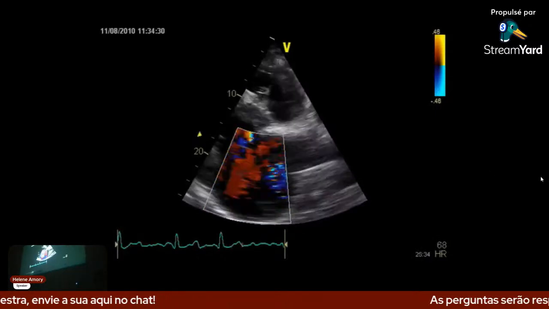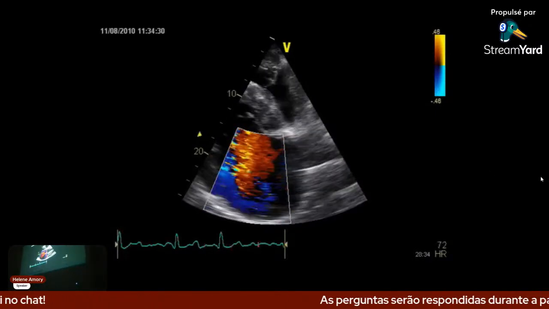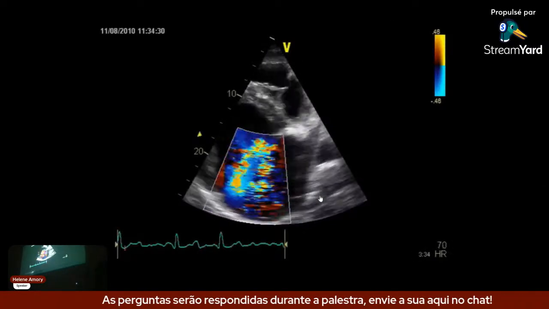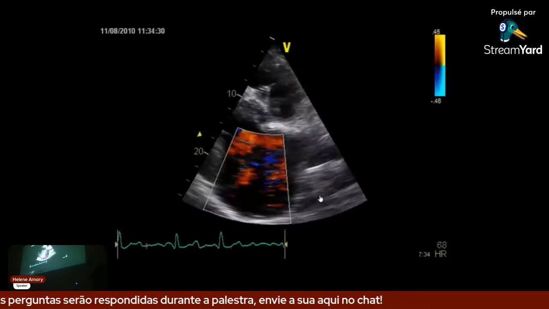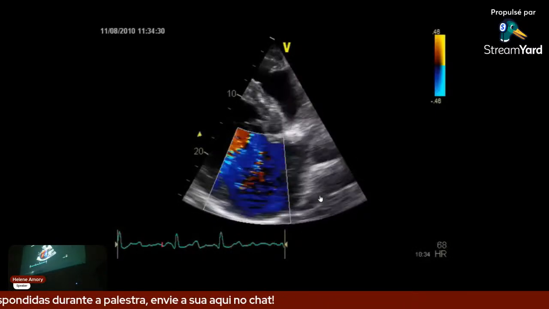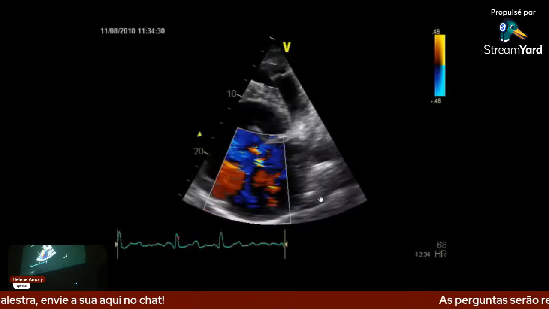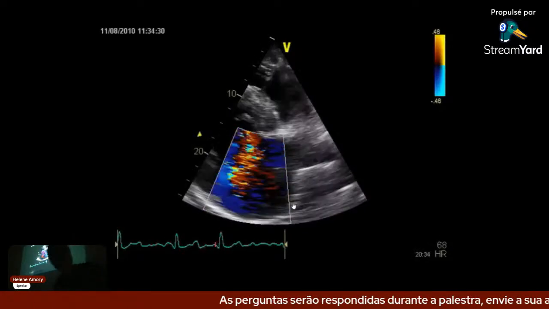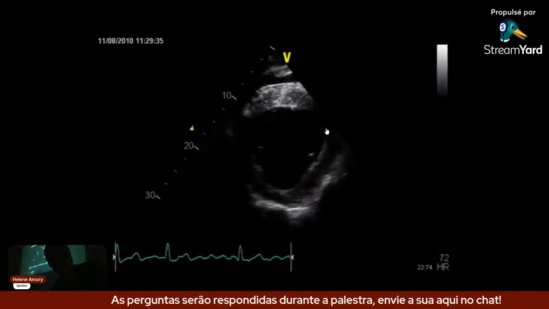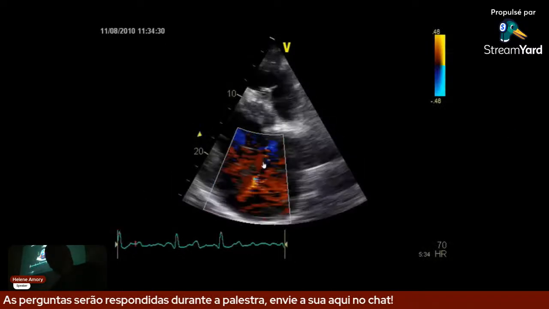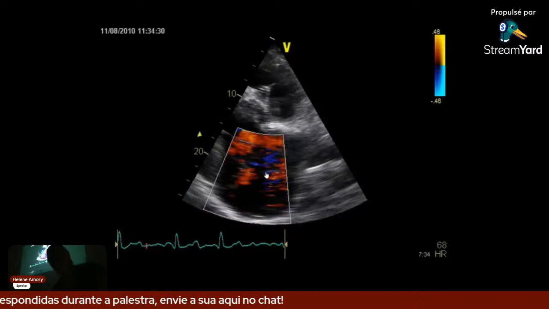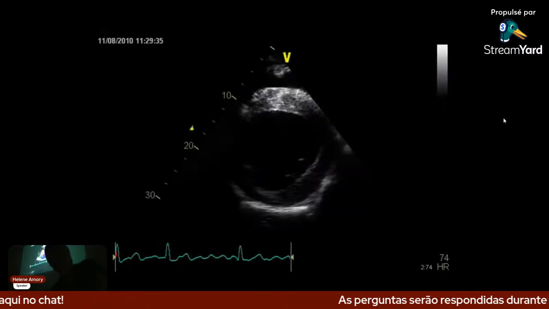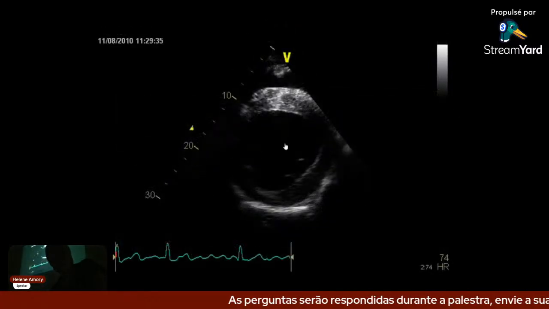here this is the Doppler. Okay, from the right side, and you see that there is a very, very huge mitral insufficiency. It was the good diagnosis. That explains the large left atrium, okay? And there is a left atrium overload, and there is a left ventricular overload also, okay? You see on the insufficiency, all those colors mixed and going back to all of the depth of the left atrium, okay? This is the short axis view.